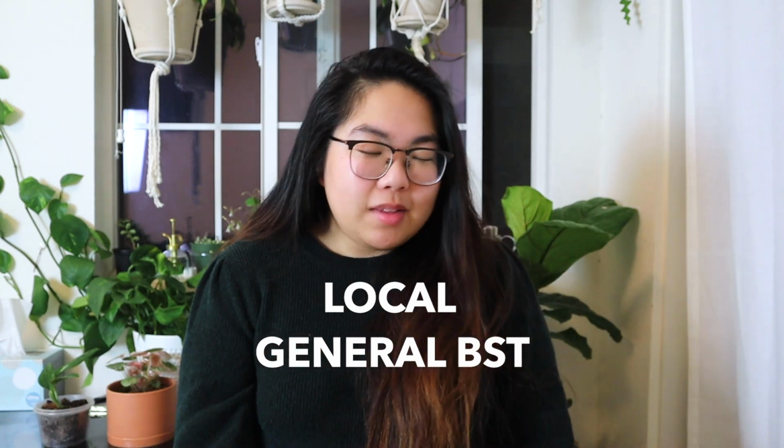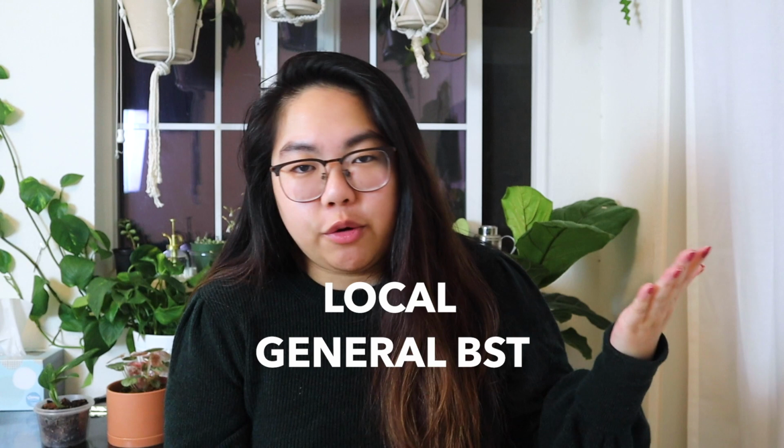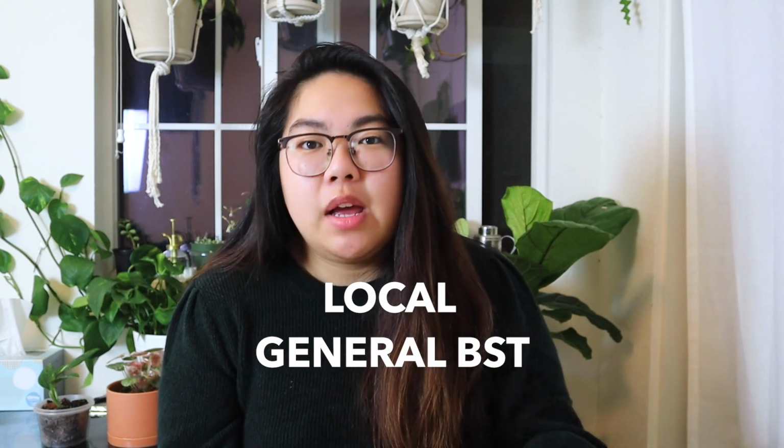We'll see. So I'm mostly going to focus on the first two types, which are local and then general BST. Well, let's talk about local groups first, because that's probably the most self-explanatory. These are obviously groups made for people that are geographically close to you. So for example, I live in Sacramento, so I'm in two local groups, one for Sacramento Plant Enthusiasts, and